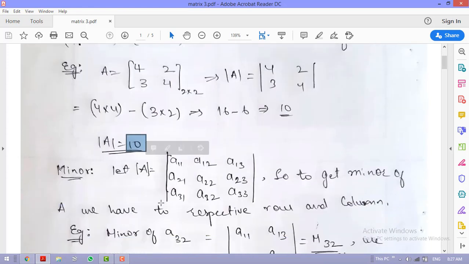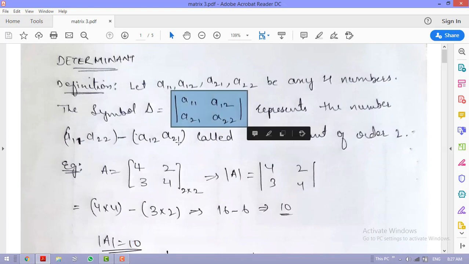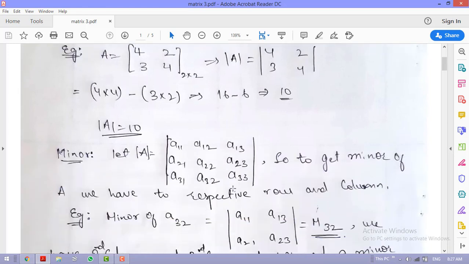Okay, so now let us see what the minor of a matrix is. Here above you have seen that we found the determinant of a 3 by 3 matrix, right? So if this 3 by 3 matrix has its order changed, how do we have to calculate that determinant? Okay, so let us see.